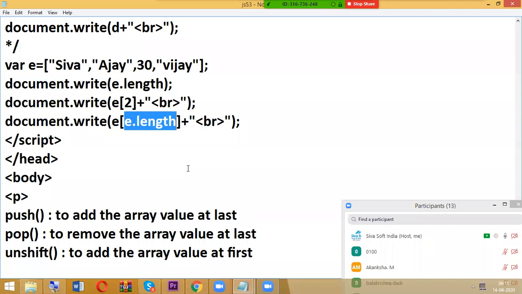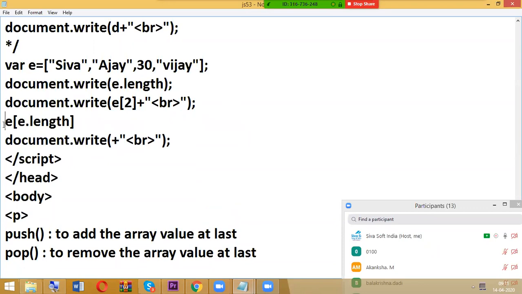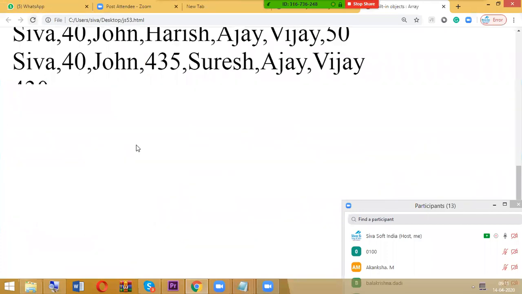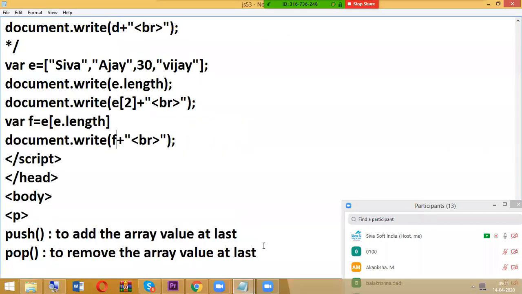Here I think some calculation is happening. Calculation means it is trying to find something. So directly we should not do it. First we need to store it in some variable, then try to execute it. Some problem. E of 2. Yeah, sorry, got it. Actually, the problem is